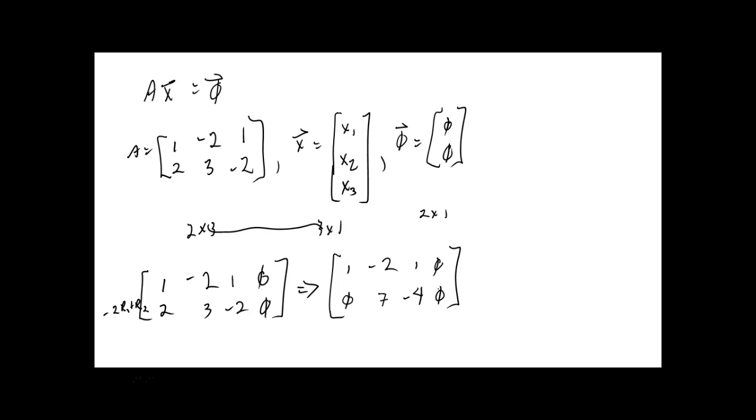Divide by 7. Yeah. Okay, this is again not resolved. So row 2 divided by 7 is the new row 2. I didn't mess with row 1 at all. That'd be 1, negative 2, 1, 0,